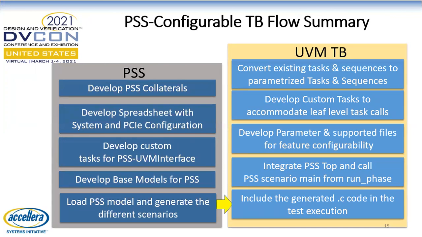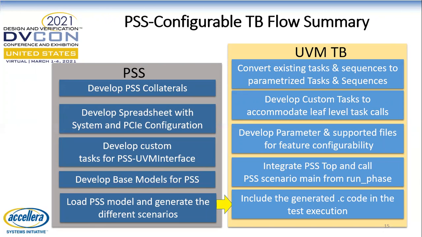Summary of the PSS configurable testbench flow will be discussed here. I will talk about the steps in the PSS flow first. First one is develop PSS collaterals, then develop a spreadsheet each for system configuration information and PCI configuration information, then develop implementation mappers, then develop base scenario models for the PSS, then load the base models and generate the scenarios that are required. With respect to the UVM testbench flow,